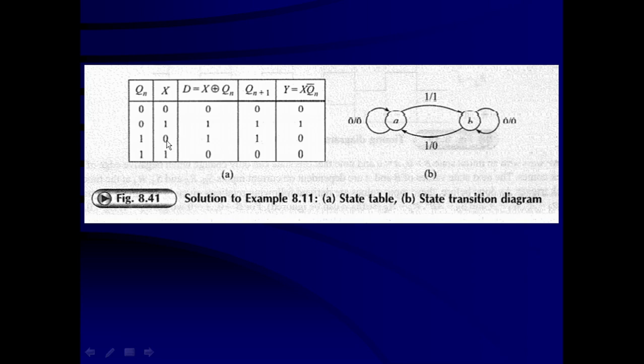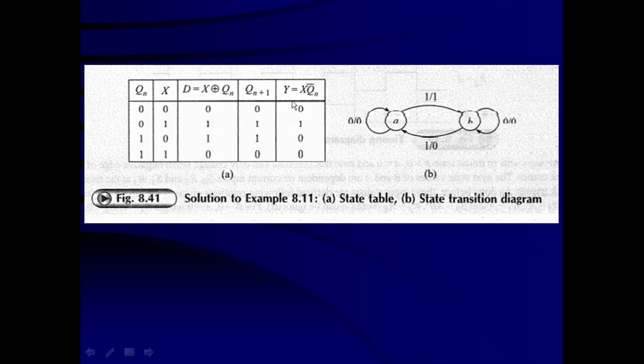X can be 0. Again the 1 0 condition is there. Using that, D is going to be 1, the exclusive OR gate output, and Qn plus 1 takes the value of D, so it is also going to be 1. This present output is going to be the present input for the next state. So this is going to be 1 and X can be 1. So here the output is going to be 0. That means D is going to be 0 and Qn plus 1 takes the value of D, that is going to be 0. And that way we get this 4 column.